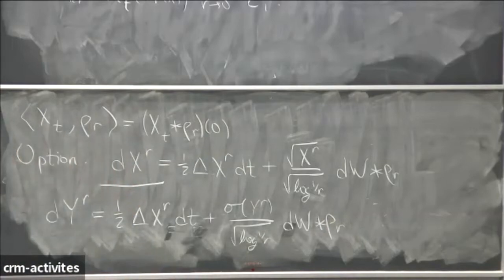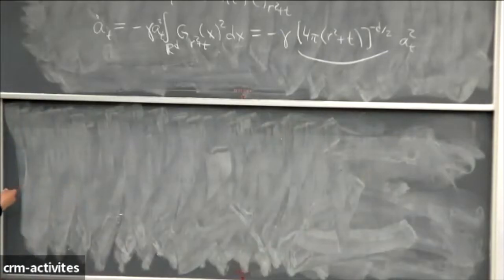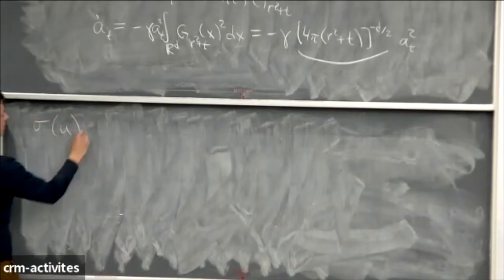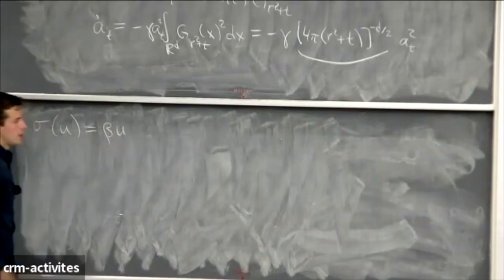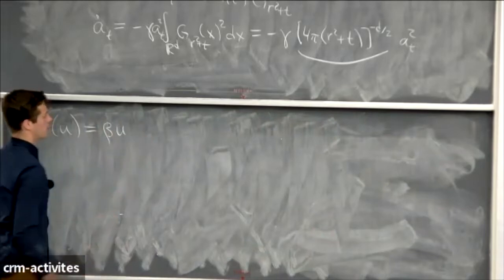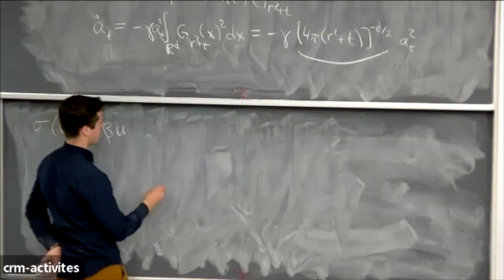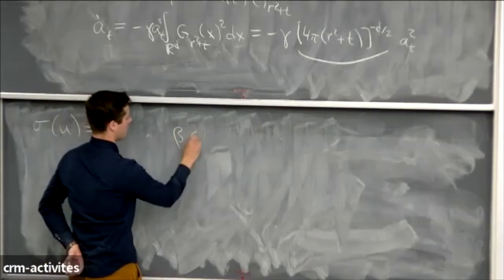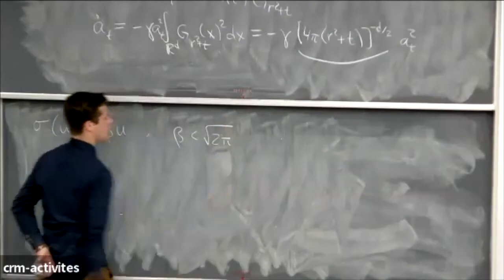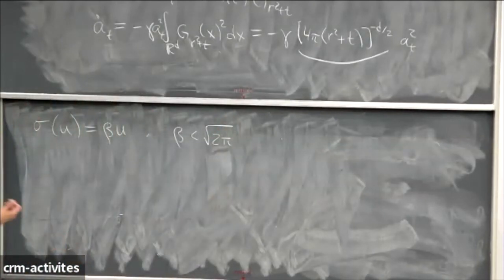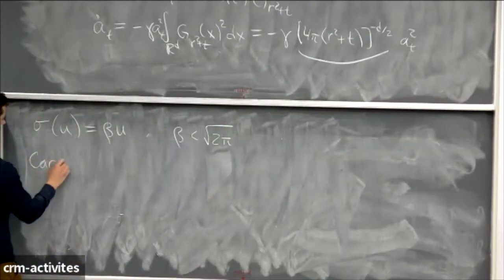And it turned out that in 2 dimensions, this scaling is really the right one to consider. So probably the most interesting case here is when, say, sigma of u is equal to a constant times u. So then we have a linear equation with multiplicative noise. And it turns out in this case, there's a kind of phase transition that occurs. So if beta is less than root 2 pi, then there's a result of Caravana,